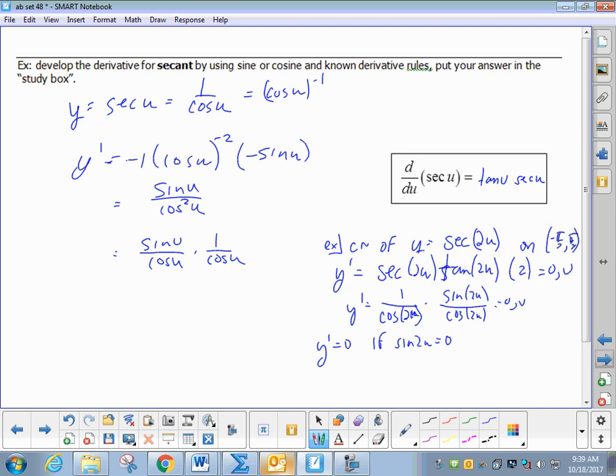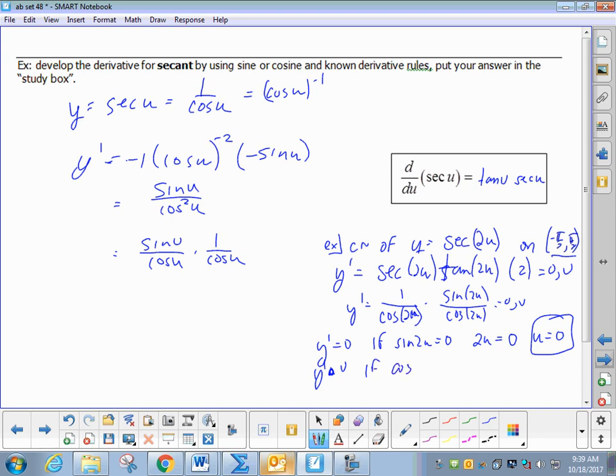Where would that be, if 2u equaled sine of 0, and so on? 0 and pi, which is outside the limit. So that would be at u equals 0. Is u in the domain? Yeah, that's a critical number. Boom. y prime would be undefined, it's just that it is undefined,